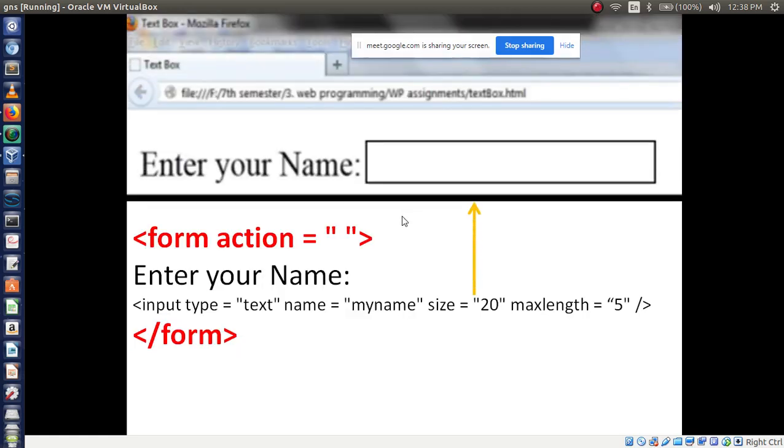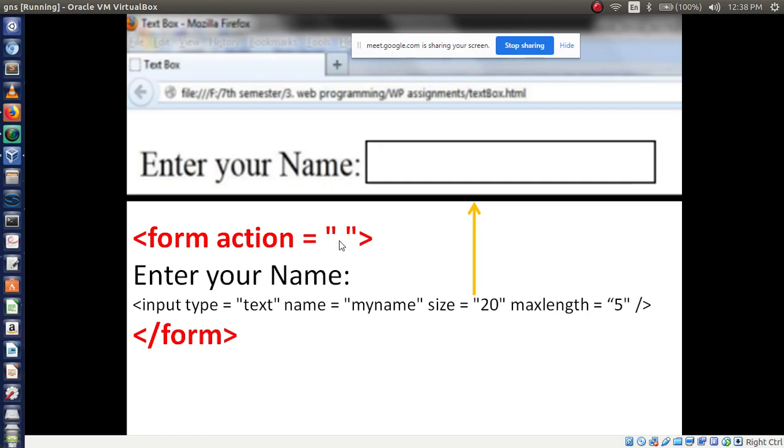See, we have to use form. Then we have to give the action attribute. Form action, we compulsorily have to use this. Form action equal to null I am assigning.